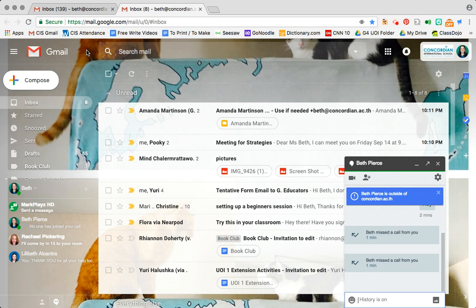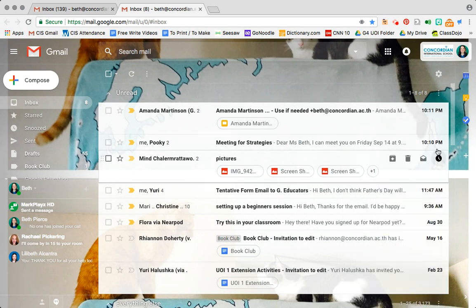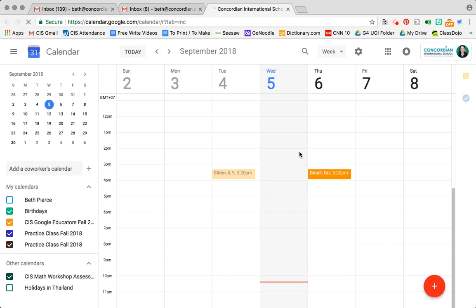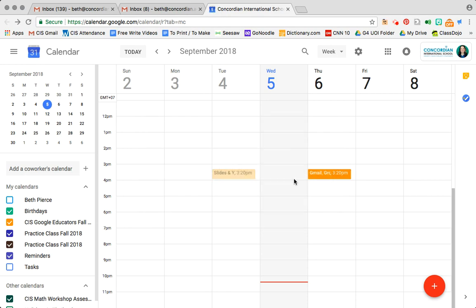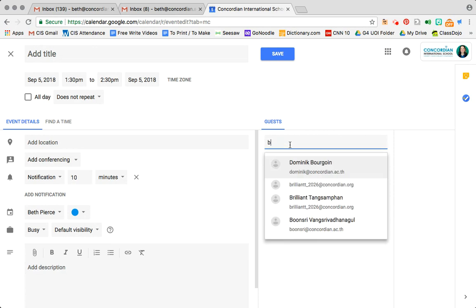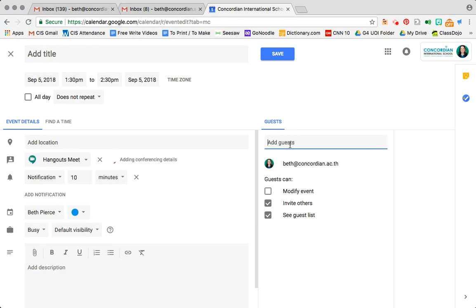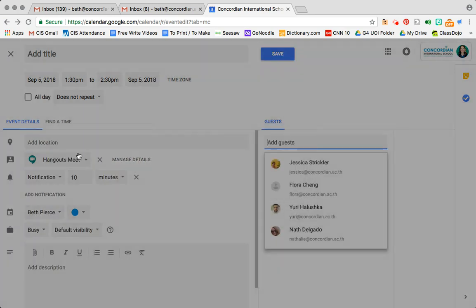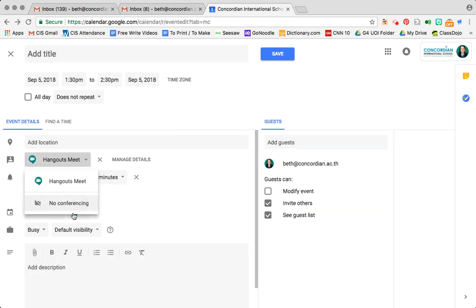So if you are conferencing with someone, you could explain step by step how to do something through your screen. Now, you can also integrate Google Calendars with Hangouts by clicking on Calendars. And when you add an event to your Google Calendar, so if I added one right here, I would click More Options. You can invite certain guests. So let's invite myself. You can select a video conference or no conferencing. And then when it is time for that meeting, when you click on that event, it'll give you a link